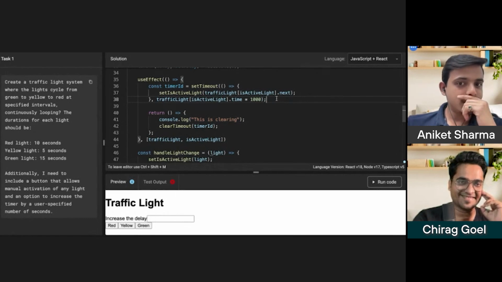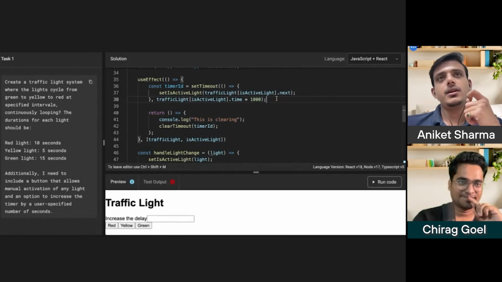Okay, so you are saying the better approach is to use a set interval. What if we use set interval every second?